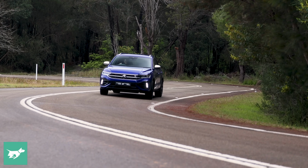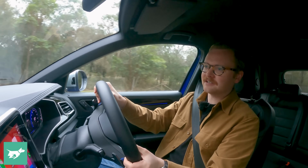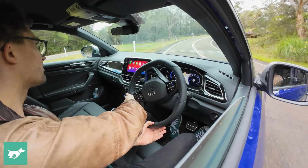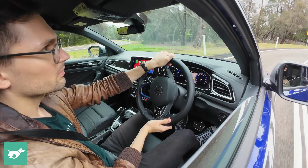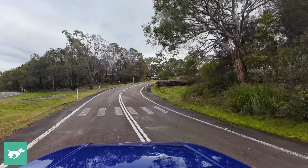Because it's got good grip, zealous turning at the front, you can carry a lot of speed into corners, and you can kind of brake later and later once you start getting heat into the tires of this vehicle. The chassis really talks to you mid-corner as well. You know where the car's at, you know how much grip you've got, and then you're able to work with